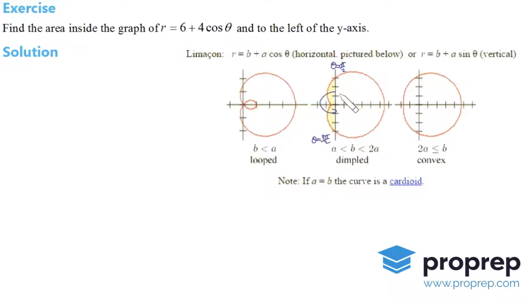So these are the limits that we have for the angle, and we just have to use the formula now for area, and the area is 1/2 the integral of r squared d theta, and in our case from pi over 2 to 3 pi over 2. Now we substitute r as this, so we get